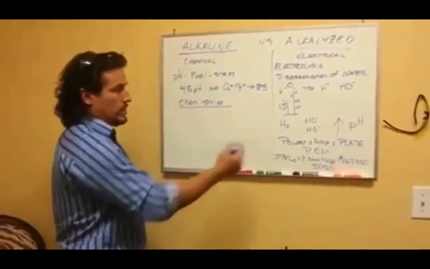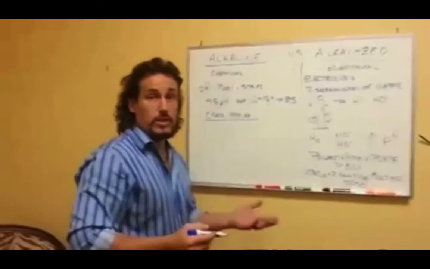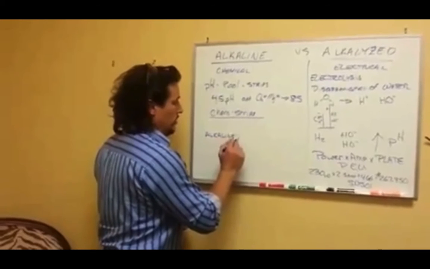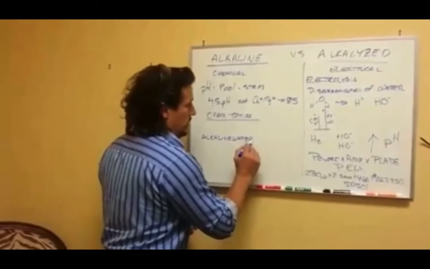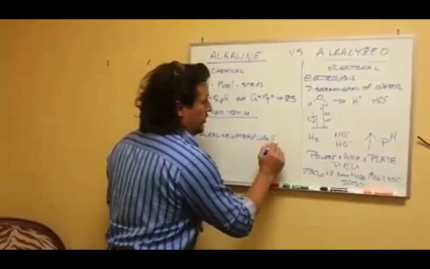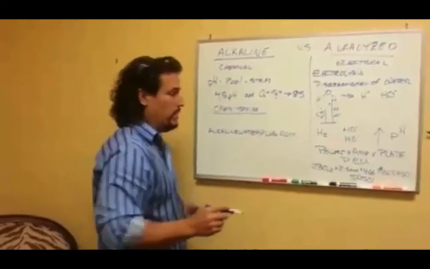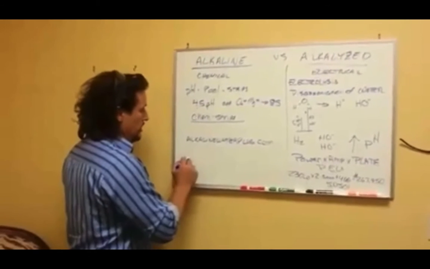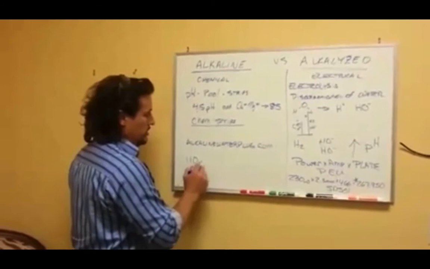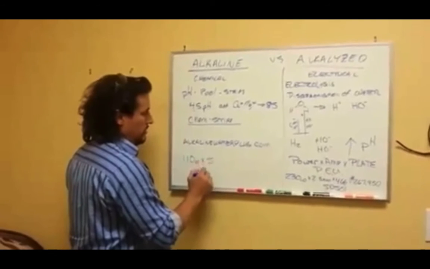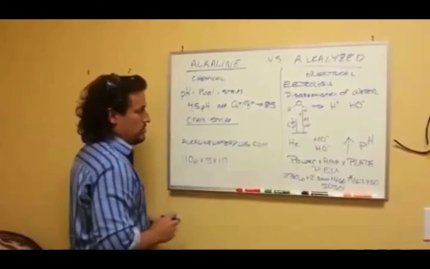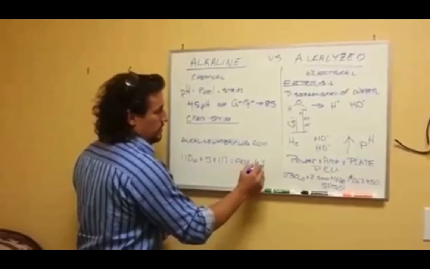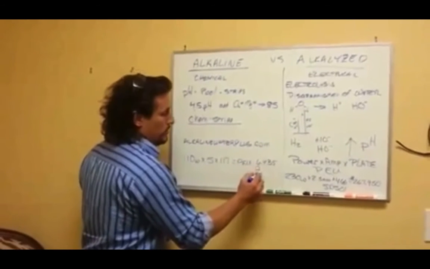I recommend, if you want to look and compare these other units and what they're trying to do, Alkaline Water Plus is a great website. It's actually a competitor's website, and it proves the power output. Most of the units there have 110 watts times a half amp, and the standard plate size is 117 square inches, which gives you a PEU of 6,435, or approximately 2.4%